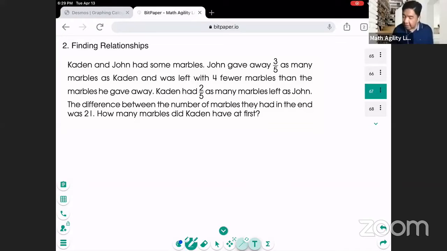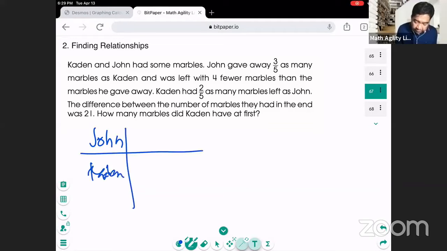This is how I'm going to solve this again using the table method. So let's write here John, and then who's the other guy? Caden, right? Actually, in this problem I use three variables, so bear with me. So the marbles that John initially had is X, right? And Caden had only Y marbles, and then he